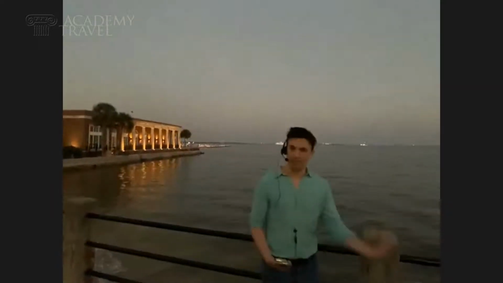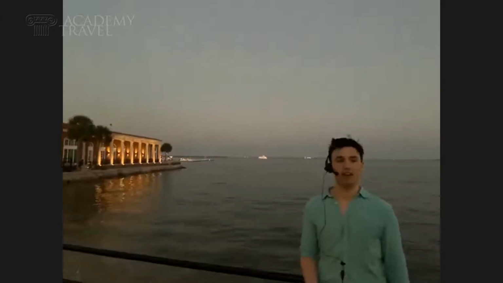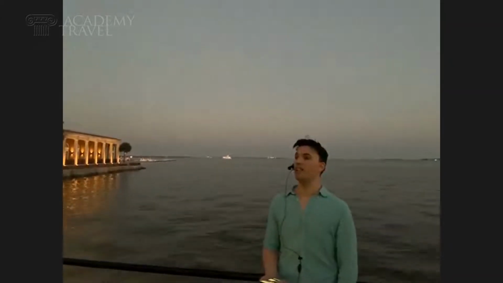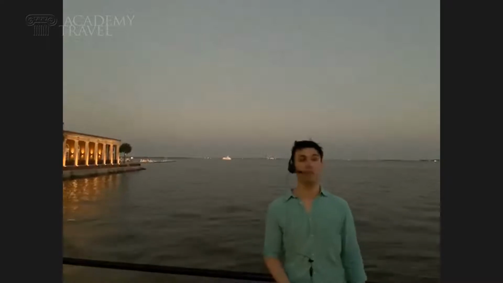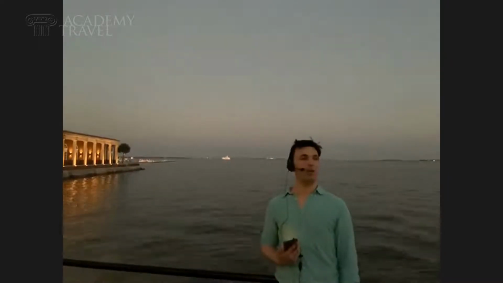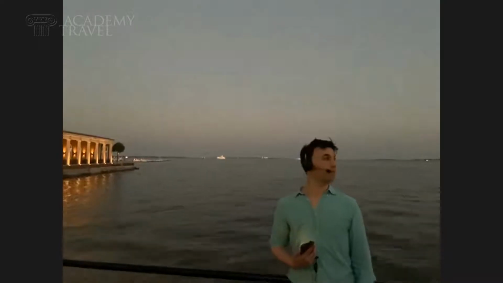Fort Sumter, right in the middle of the harbour, became the flashpoint that started the actual shooting aspect of the American Civil War. As I said, in December of 1860, just downtown there, South Carolina seceded from the United States. 10 other states have joined them. The Confederacy have been formed. But there isn't any actual war going on at this time.